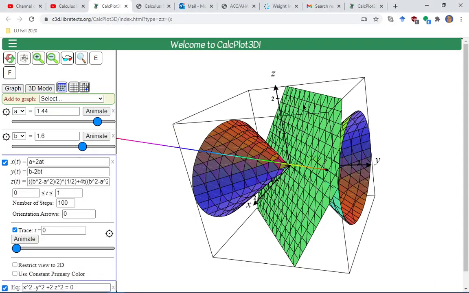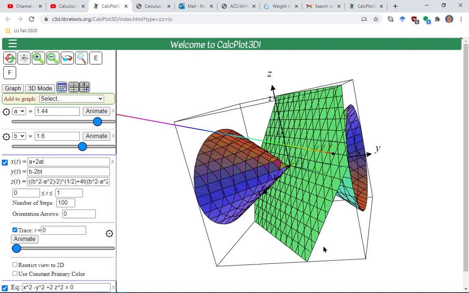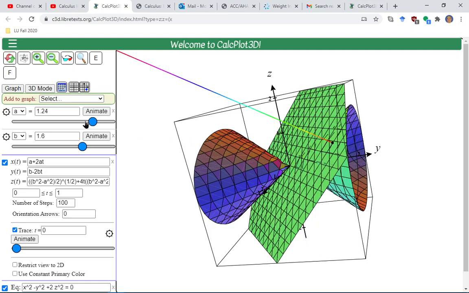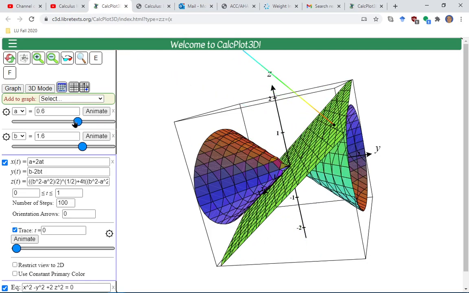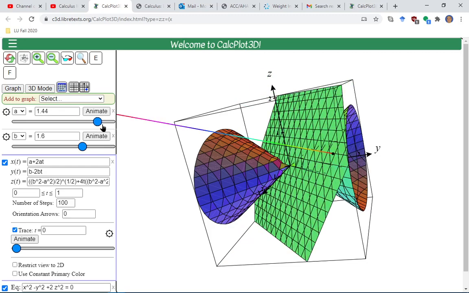So this green surface, this is the tangent plane. We found the equation of it. We had some different constants here than in that problem, but that's all the same. So like here you can make animations so that you can actually move things around. I made this so that it stays tangent to that cone, and as you go around,